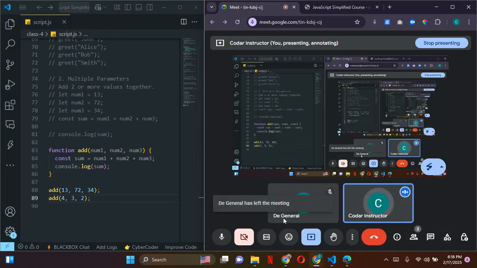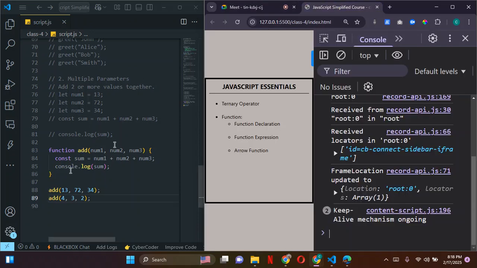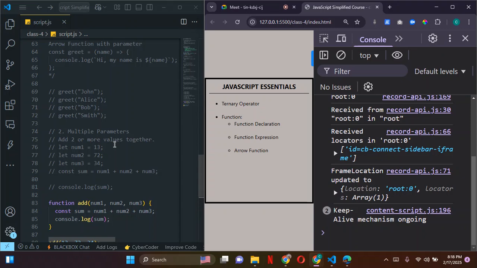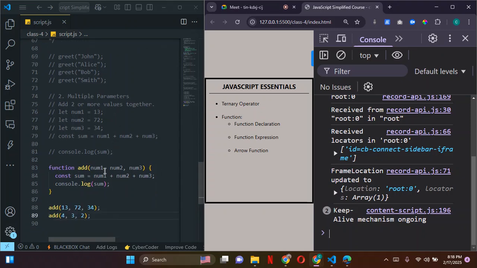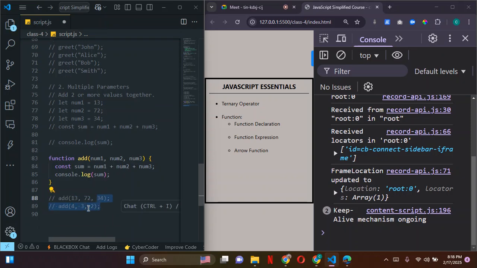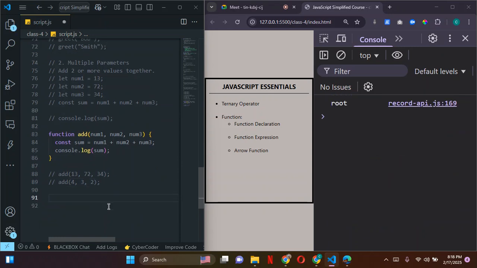All right, just the general, I say. So I believe you understand this up to this point. So let's look at default parameters. So let me comment this function that we have here. So the next one we are going to look at is